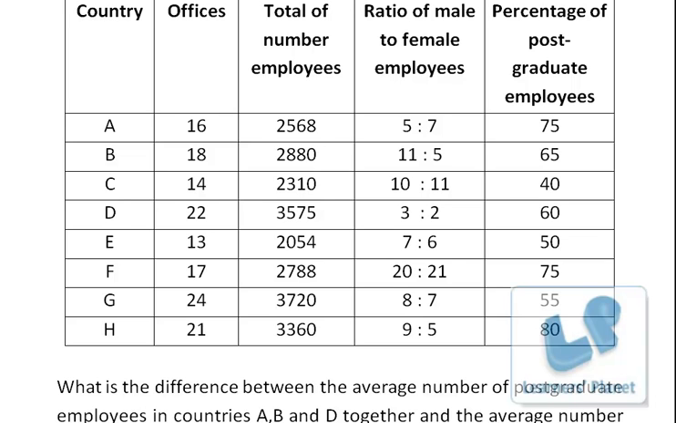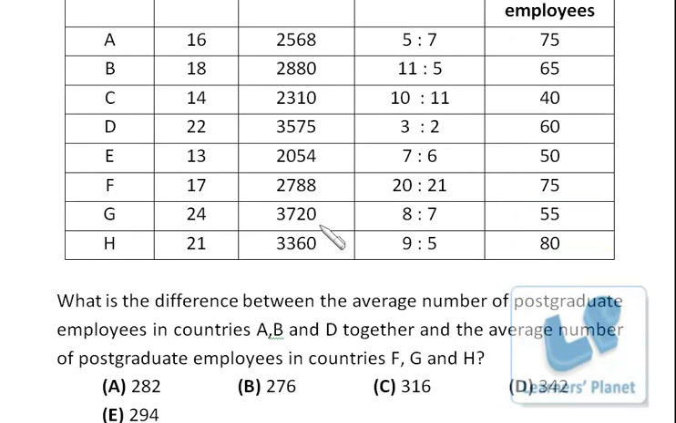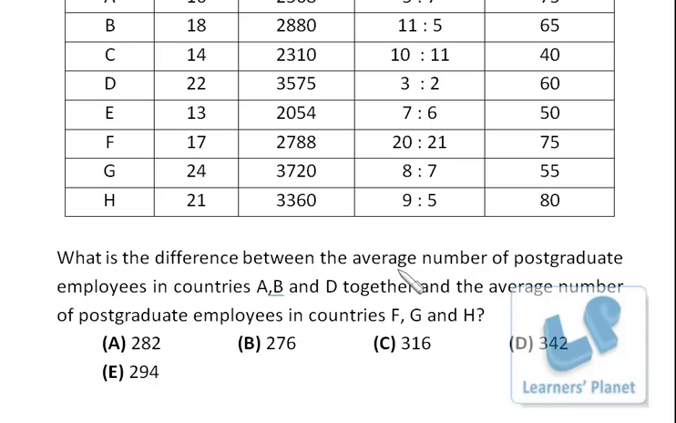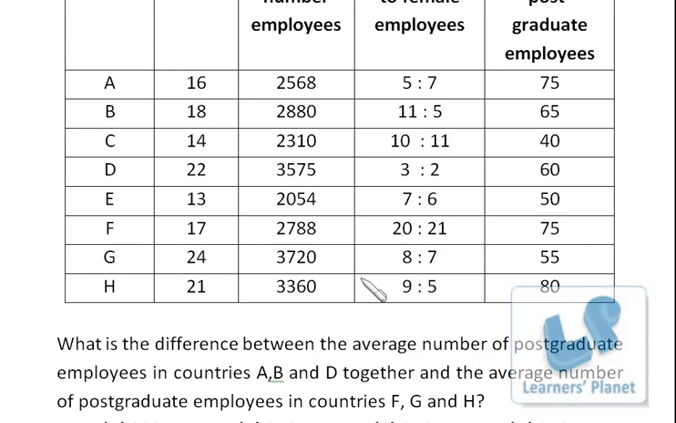Now the last question of the set. See, most of the questions in this set involve calculation, and I guess 5 questions altogether will not take less than 7 to 8 minutes of yours. So what is the difference between the average number of postgraduate employees in country A, B and D together and the average number of postgraduate employees in country F, G and H? Okay, so before finding the average, we just find out the total number of postgraduate employees in A, B, D and F, G, H. So in country A, 256 at 75% is